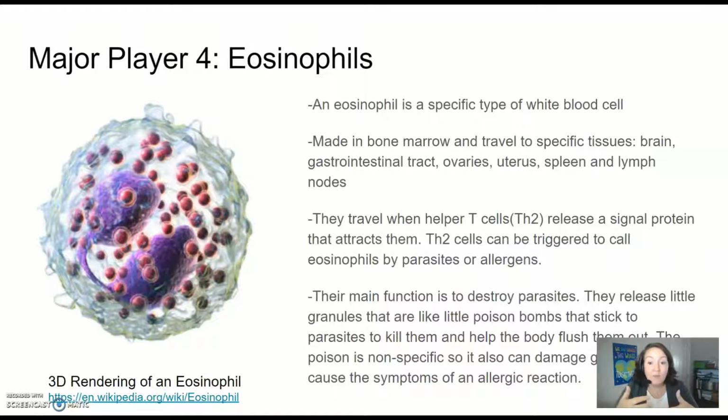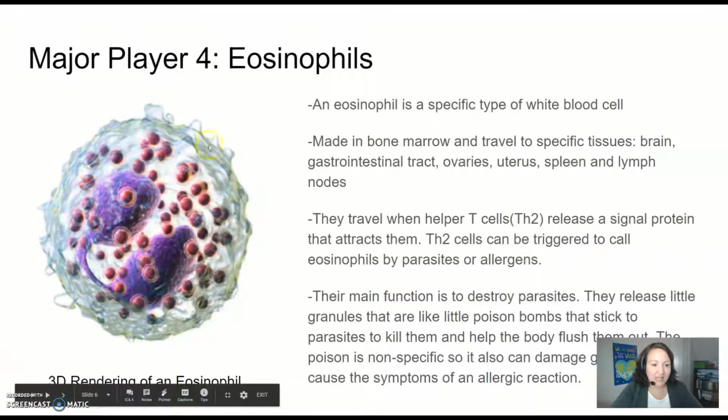And so they come when they're called. So helper T cells release a signal protein, like we just talked about, and attract them. And they come. And so their main function is to destroy parasites. And so this picture actually is an artist's 3D rendering of an eosinophil. But it's really cool because these little pink dots in here